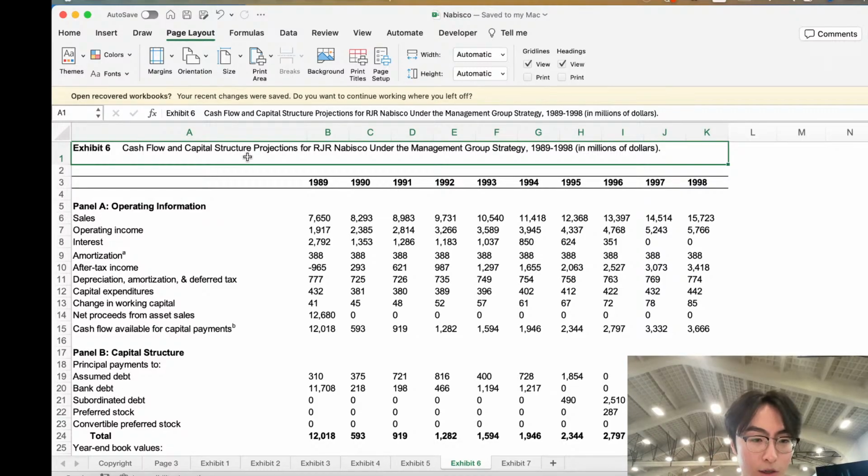Okay, these are all pretty standard from above. The exact same costs of subordinated debt, bank debt and assumed debt. Okay, yeah, that's good. All right, this is where it gets, now this is still the same. So we have free cash flow, should be the exact same as we have up here. Okay, so that's good. Year-end book values.